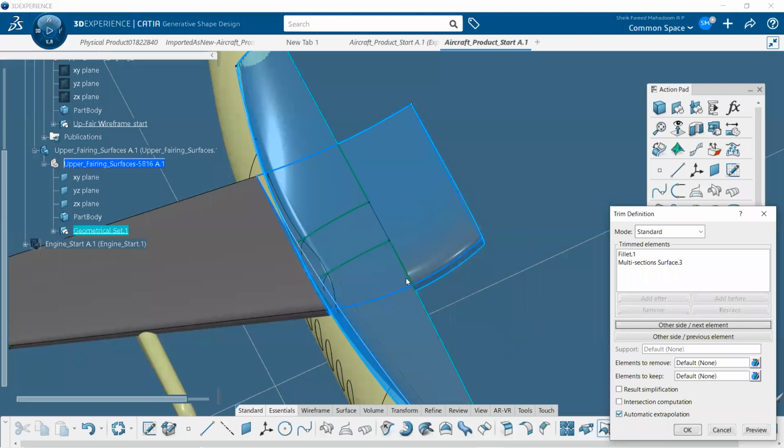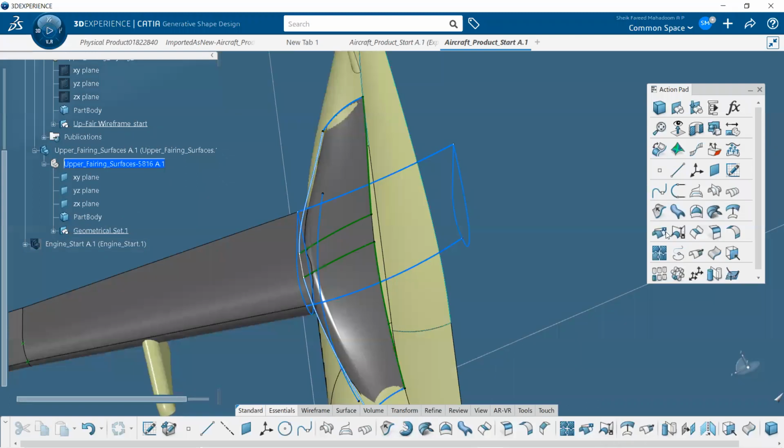Now we have to join these elements with respect to the aircraft surface that we created. So we have to make the split over here. Click on the split option and select this curve.